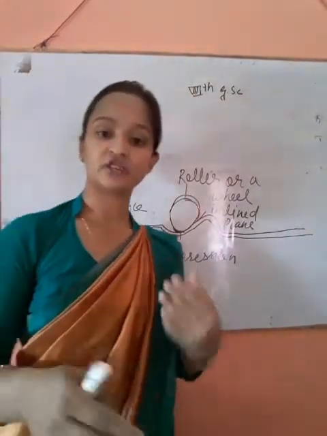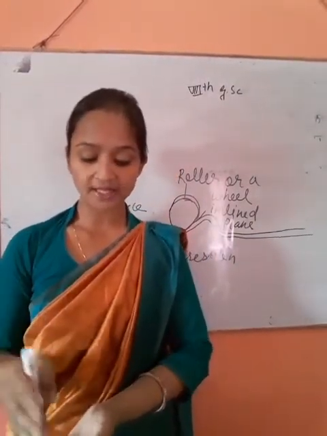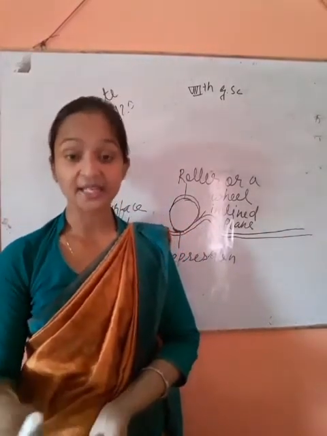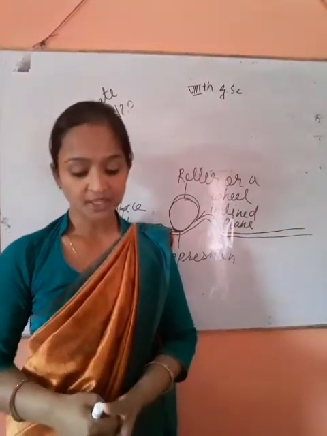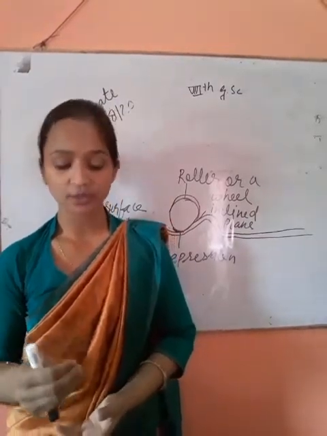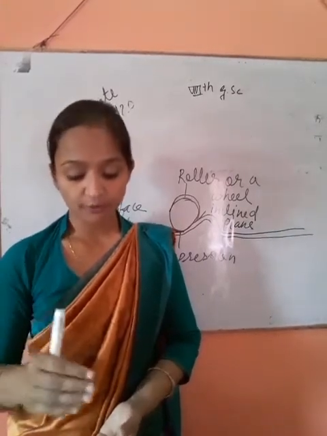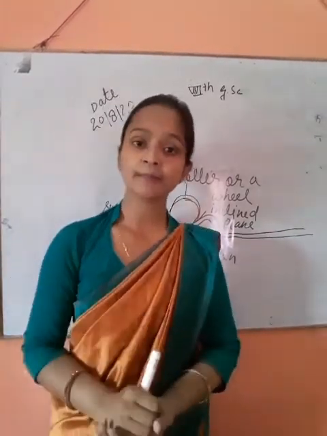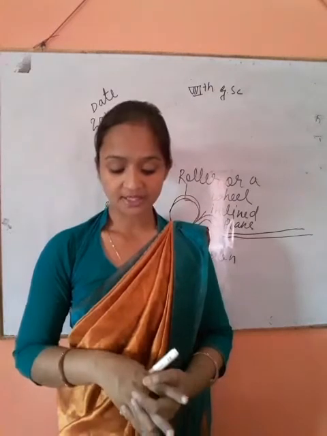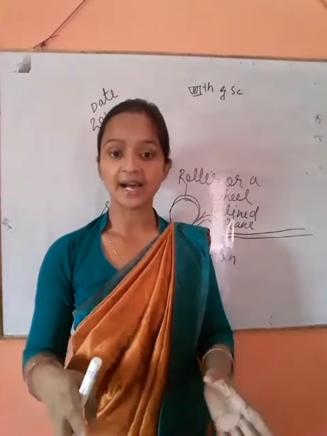Examples of rolling friction. I will tell you some examples of rolling friction. When a car or bus or bicycle moves on the road, a part of its wheel and the surface of the road get continuously deformed, meaning a change in shape. Thus force has to be applied to overcome these deformations, and it is equivalent to the rolling friction. For the same reason, more force is required when the tires do not have sufficient air pressure, because the deformation produced is very large.